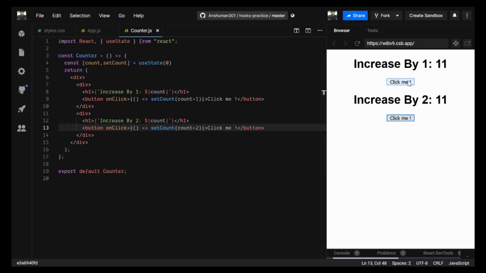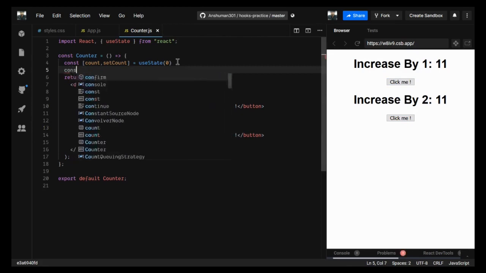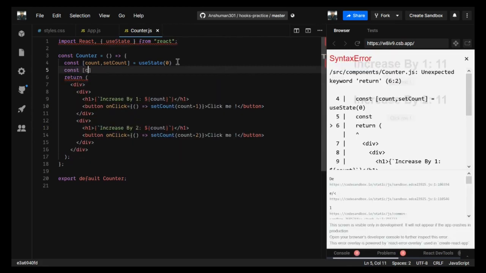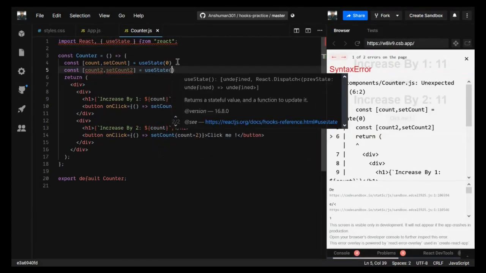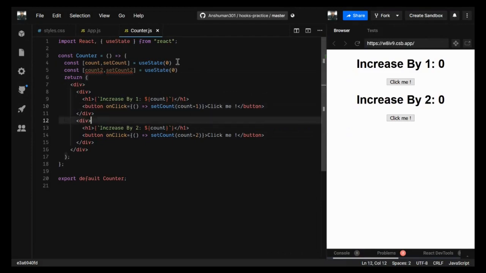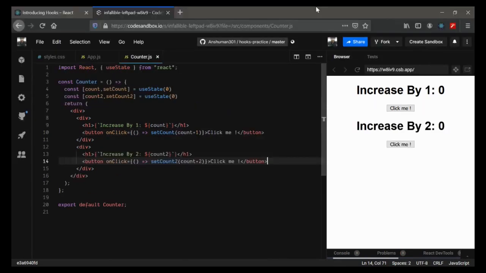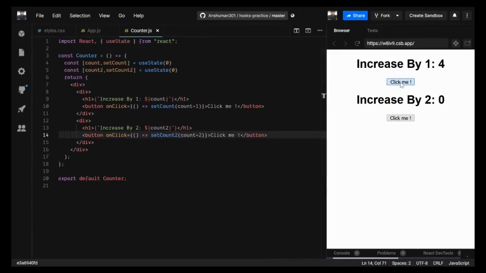We don't need this. So what we can do is create one more useState, right? We can create a new useState in here and give it setCount2, and again useState 0 for here. Now in here you can give count2 and here setCount2. Now if I click on it here, you can see the same thing is not happening here,